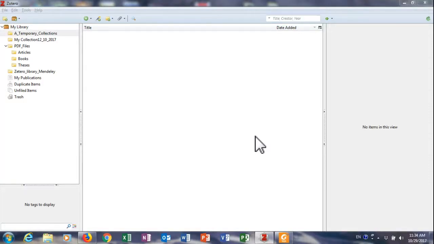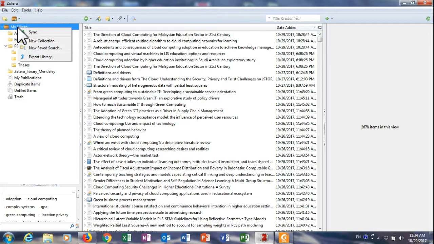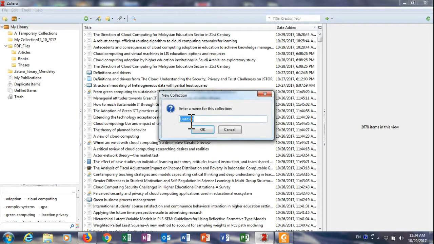Zotero and its connection with browsers like Firefox or Chrome. First of all, we have to create one container, which is for our temporary collection. Just right click here, new collection, give it any name and then accept it, like